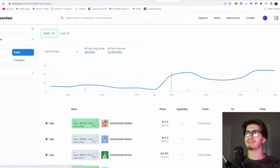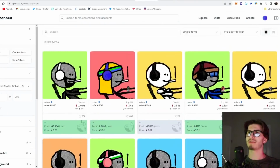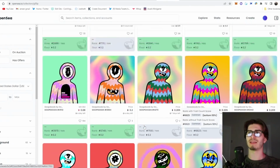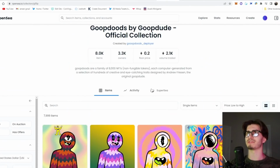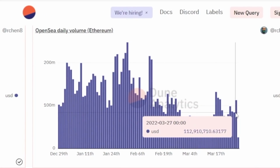So Goop Dudes, I've been seeing a similar trend, but you know, Goop Dudes has already had a little bit of a run up. We also saw the same thing with MFverse. So let's see where this goes. I see a lot of over the floor price buys, and again, it's just something you got to do your own research on. Now, getting into volume, OpenSea daily volume has been pretty stable around this 100 million to 75 million range